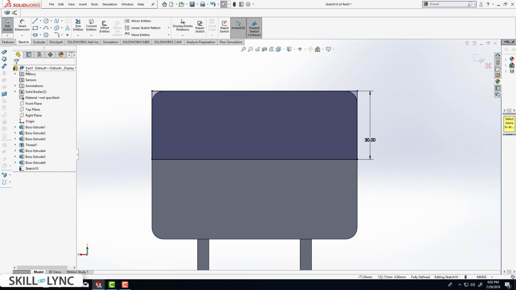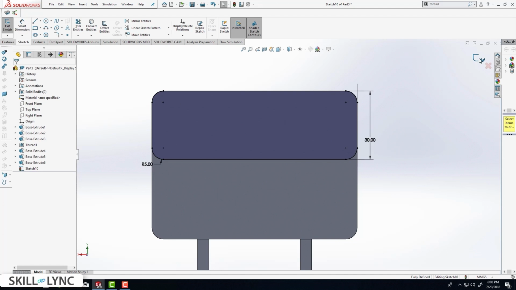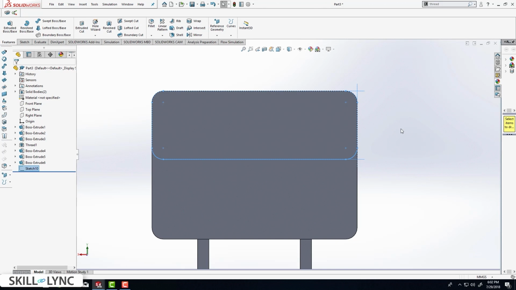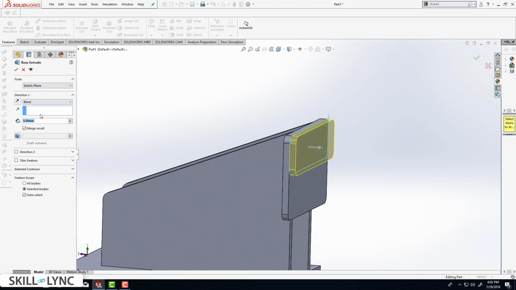So here we are also going to apply a fillet. So click on the fillet tool. You can see that it's already set at 5 mm. So select this point, this particular point, this point, and the last corner, and hit OK. So let's click OK and exit the sketch. So now, as you might have already guessed, we are going to extrude this as well. So this time we are going to extrude it by a distance of 5 millimeters, and make sure that merge